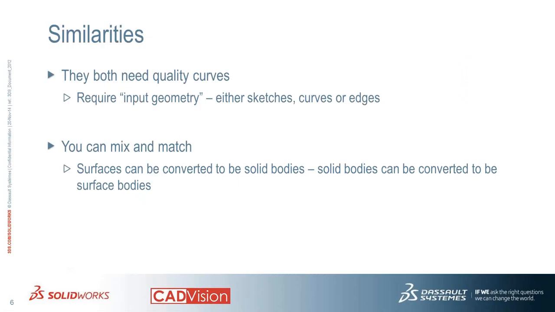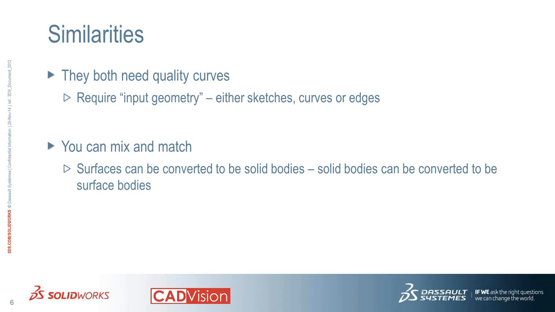Okay, so surface can be converted into a solid body, and solid body can be converted into a surface body. So they can use each other. So there won't be any error when you combine both of them. Okay, so now that we know what is a solid body and what is a surface body,